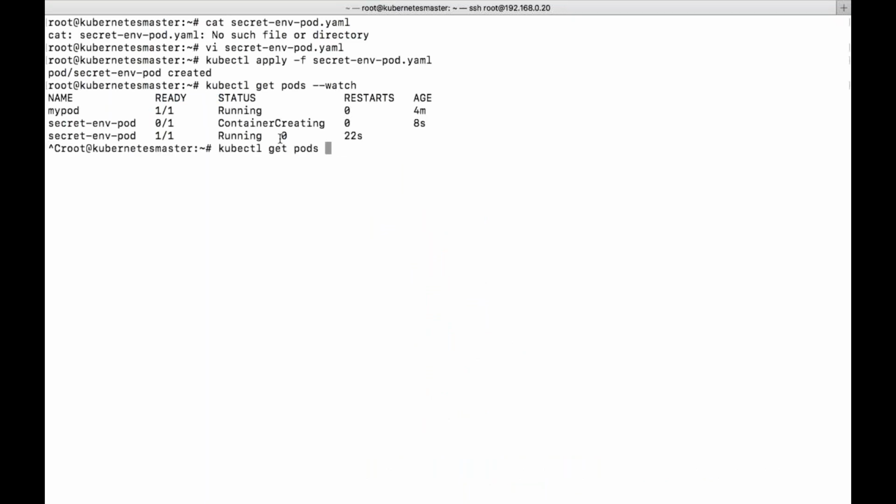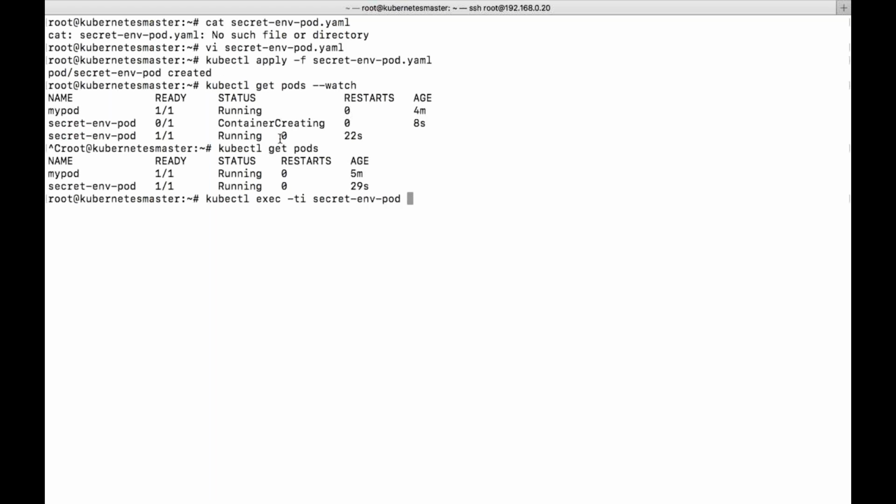It is in running state. So how will you see the information? So kubectl exec, env, in the sense environment variables in that particular pod.